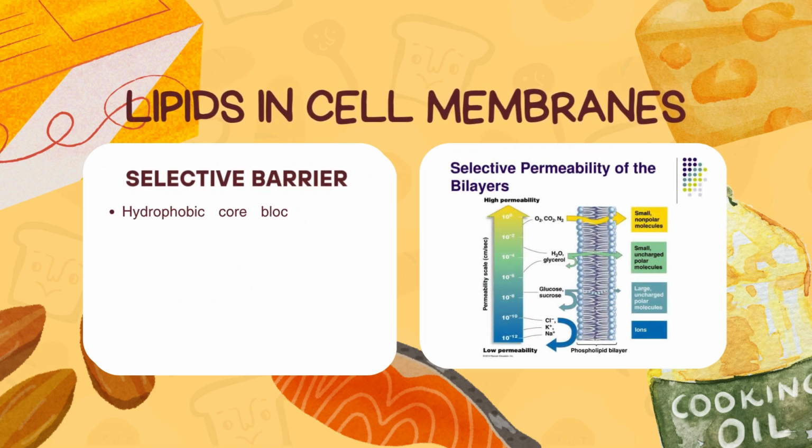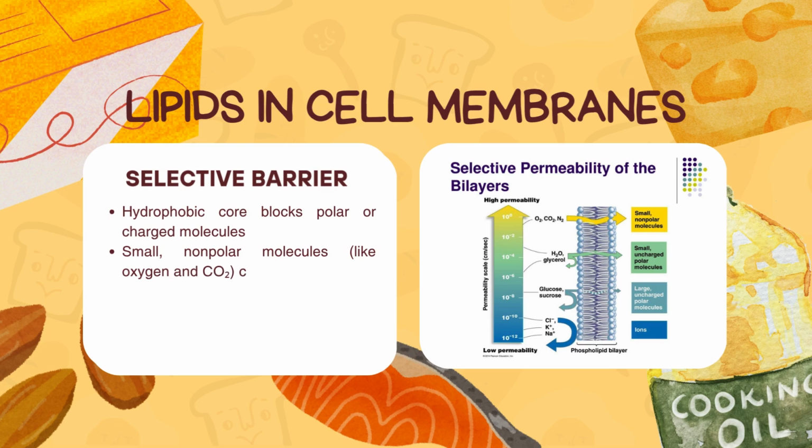Building on what we've discussed about the structure of the cell membrane, let's now focus on how lipids function as a selective barrier. The membrane's phospholipid bilayer has a hydrophobic core which plays a key role in this function. It blocks polar or charged molecules, preventing them from passing through easily. In contrast, small, nonpolar molecules like oxygen and carbon dioxide can move across freely. This selective permeability is crucial because it allows the membrane to control what enters and exits the cell, helping maintain